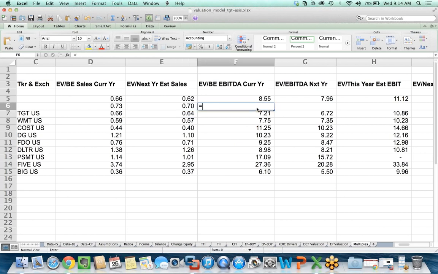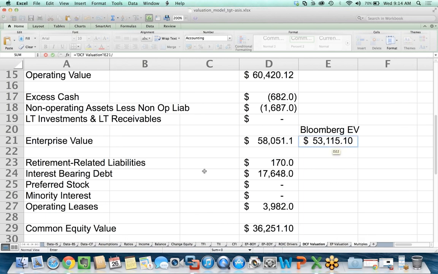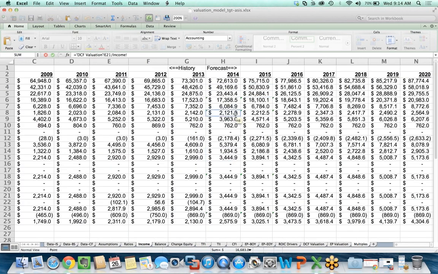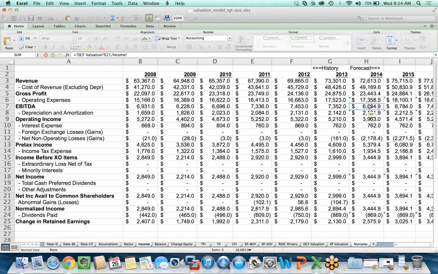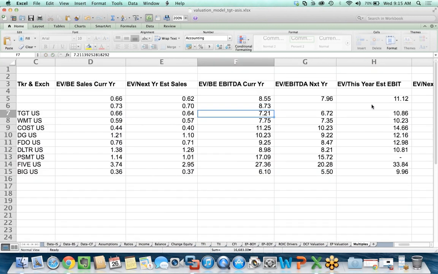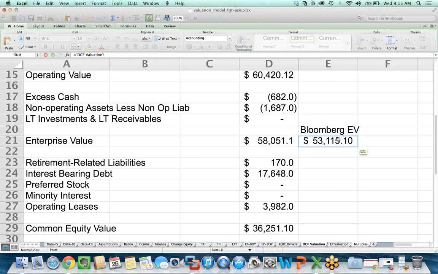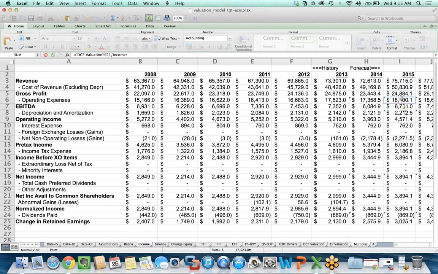EV to EBITDA equals enterprise value divided by income 2014 EBITDA, which is row 7. So right there, H7 equals enterprise value divided by ratios, sorry, income 2015 row 7 EBITDA,